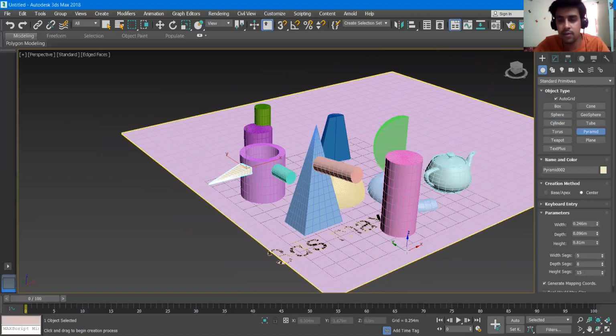For example, if you are an animator or if you are an engineer, you want to draw a kind of a lintel, or if you are a modeler animator, if you want to make a character, then all these things will be very useful in this auto grid option. For modeling a character, you can model a nose, hands from all these things. We will learn more about these segments and how you can more finely model your characters. Okay, so this is all about the basic standard primitives, that how you can draw the models.